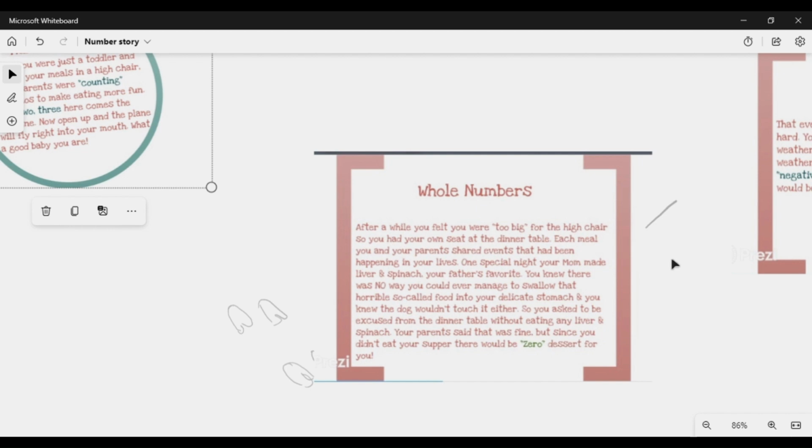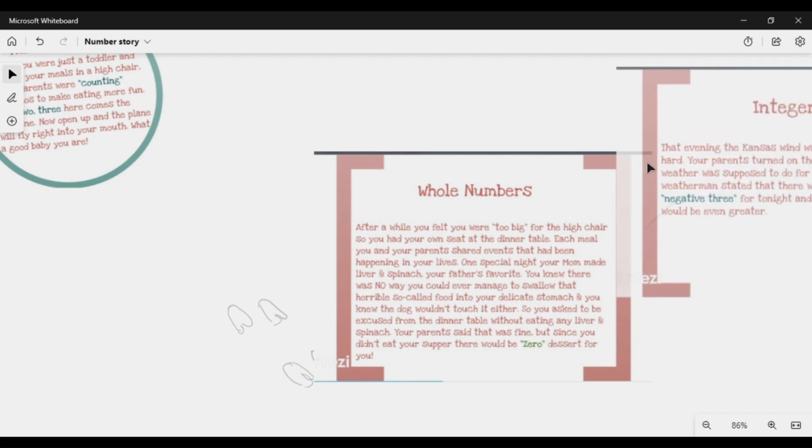And you knew the dog wouldn't touch it earlier. So you asked to be excused from the dinner table without eating any liver and spinach. Your parents said that was fine. But since you didn't eat your supper, there would be zero dessert for you. Zero was included to set off natural numbers. When you're not getting any dessert, you learn what is zero. So when zero is added to the set of natural numbers, you get the set of whole numbers. Okay. Next,